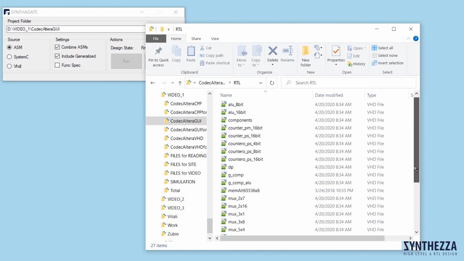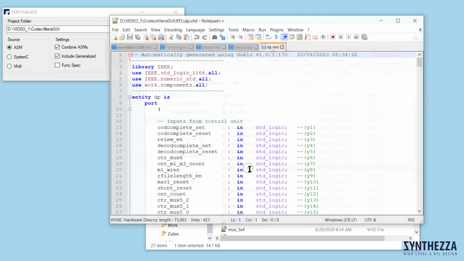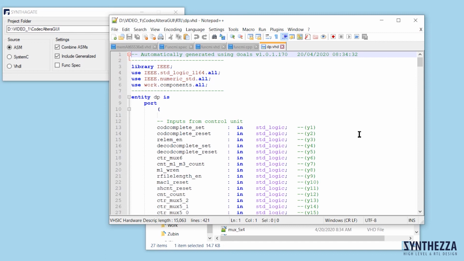In folder RTL, Syntagate generates VHDL codes for 23 components of data path listed in file components VHD. At the last step of data path design, Syntagate automatically instantiates these components in data path in this file, dp.vhd.